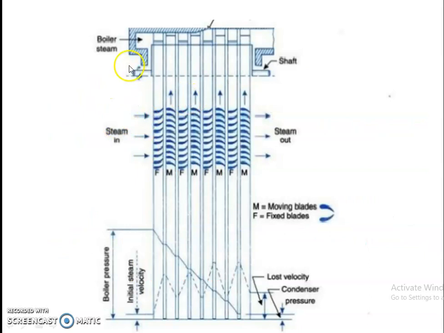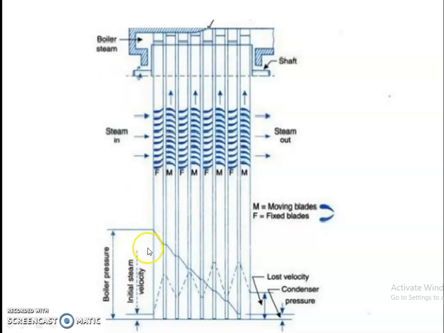From the figure, we discuss the reaction turbine. In this reaction turbine there is no nozzle. Already I told you there is no nozzle. In this longitudinal section, at the upper portion is the boiler. Steam enters the fixed blade, moving blade, fixed blade, moving blade, fixed blade, moving blade, fixed blade, moving blade. Previously, in the impulse turbine, the pressure drop happens in the nozzle itself, but in the Curtis turbine and Rateau turbine, the pressure drop happens across the fixed and moving blades.